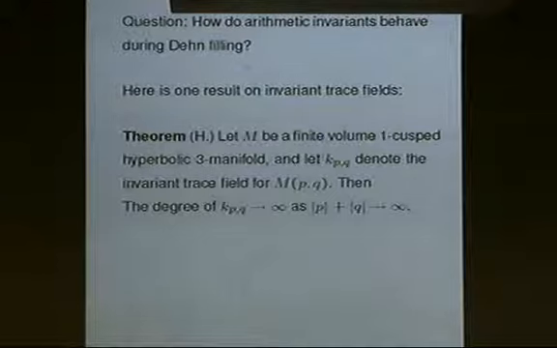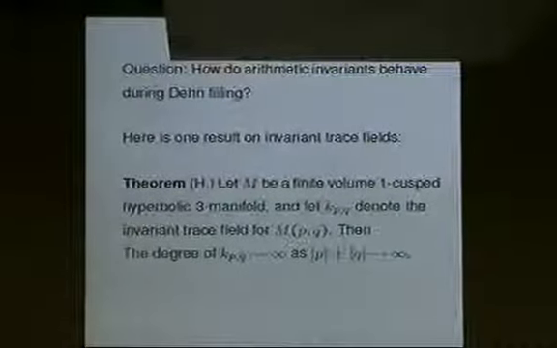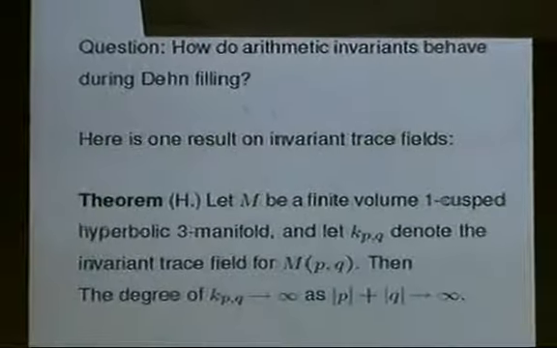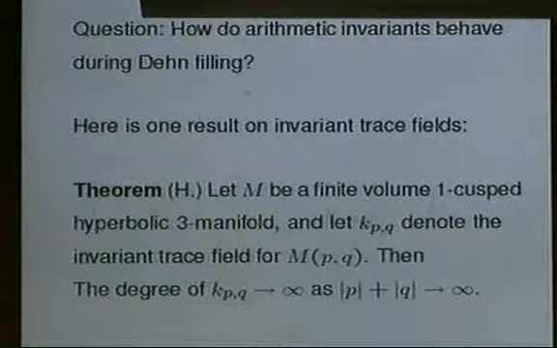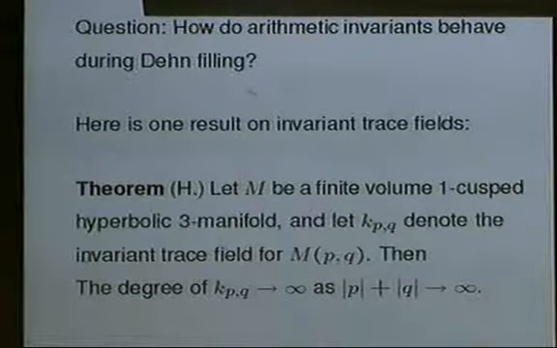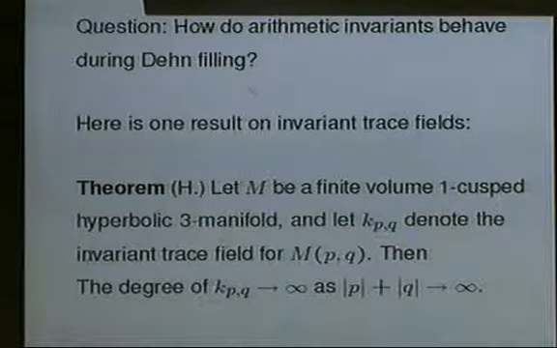Now you might ask, what happens to all these arithmetic invariants when you do Dehn filling? I don't think there's actually a lot known about this. I think there are some good questions here for further investigation. But I just want to mention one result, which I proved a while ago. This is going to say what happens to invariant trace fields as you do Dehn fillings. So if we have a one-cusped hyperbolic three-manifold M, and we look at the invariant trace field K(p,q) for the Dehn filling M(p,q),